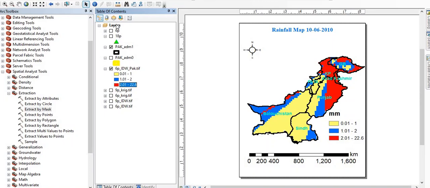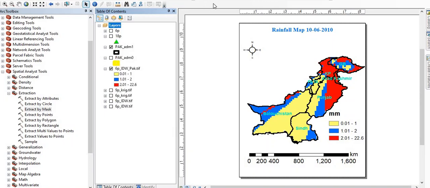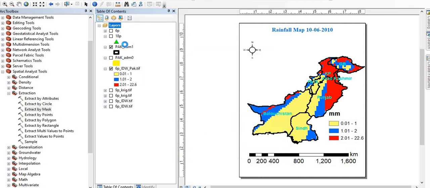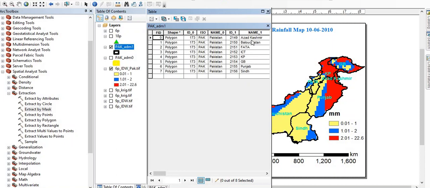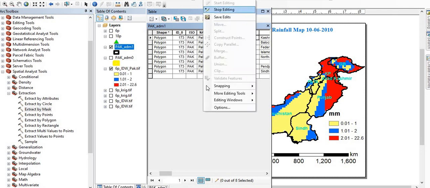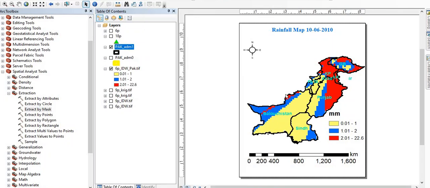So there is a need to change the color, like first editor and start editing. We are going to change the Azad Kashmir with AK, so that ICT should be clear. Editor and stop editing, and yes, and now close it.